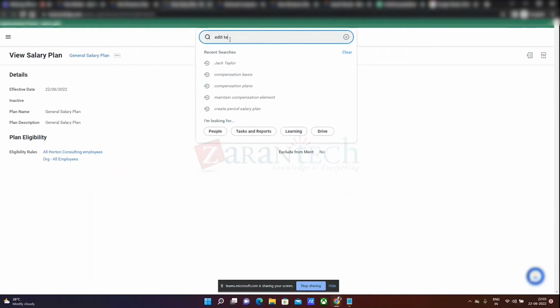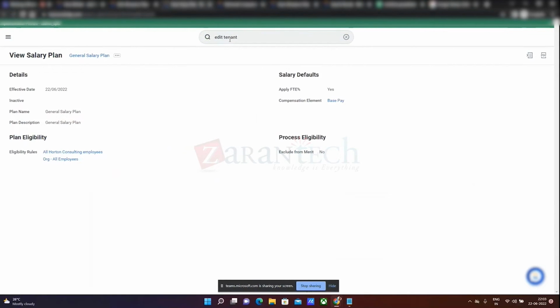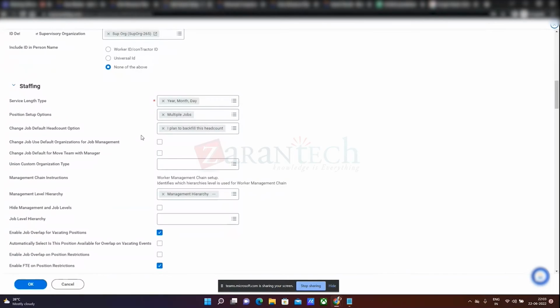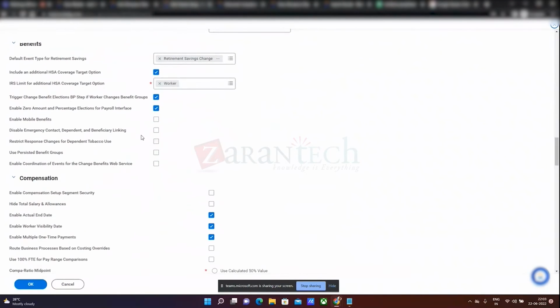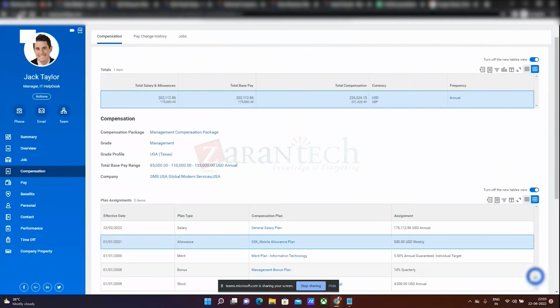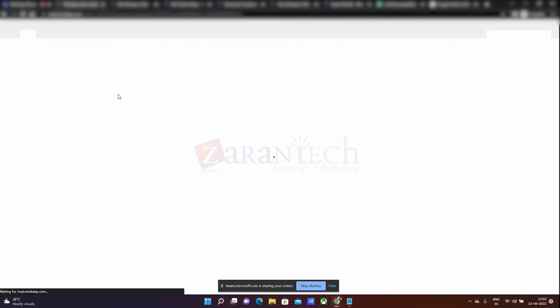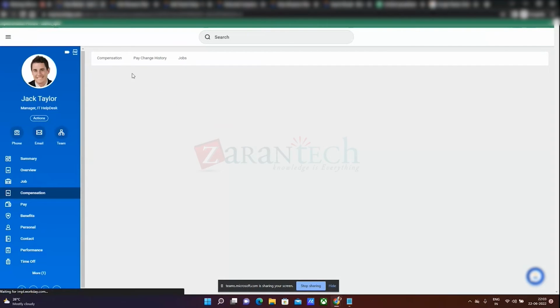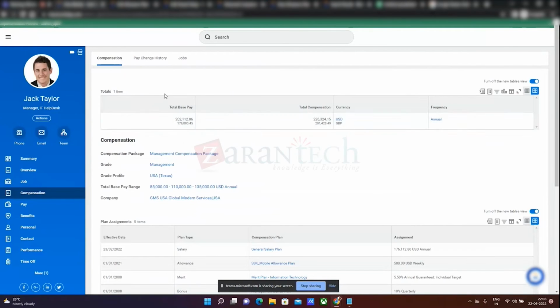So if you go to edit tenant, edit tenant settings and edit HCM setup, and if you go to compensation here, you'll see there is hide total salary and allowances. So if you go ahead and hide this, it will no longer show up for this worker. So only total base pay will be visible for the worker. So let's see that. See, only total base pay will be available, and total salary and allowances